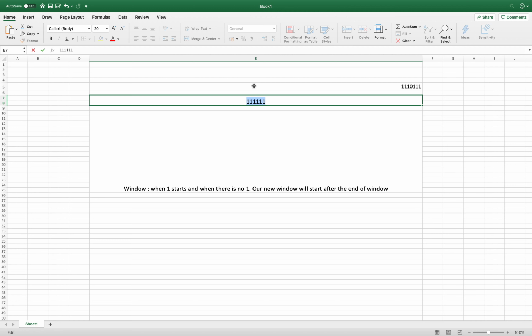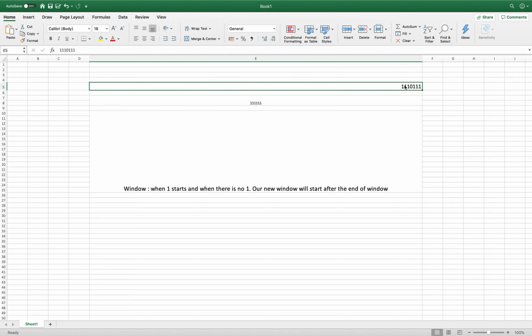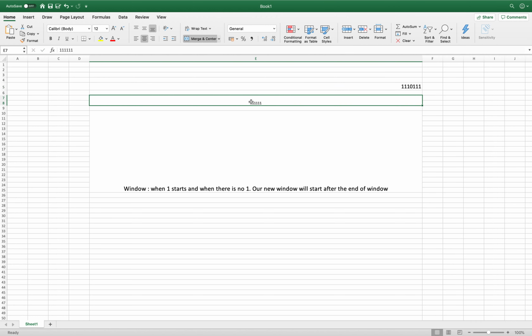When there are no zeros in that particular string, we need to count the continuous number of ones, and if there is any 0 or any other integer between the ones, then we need to set that count to 0. That is the main thing.